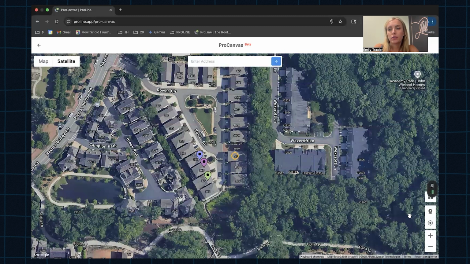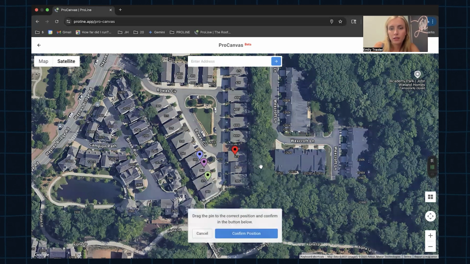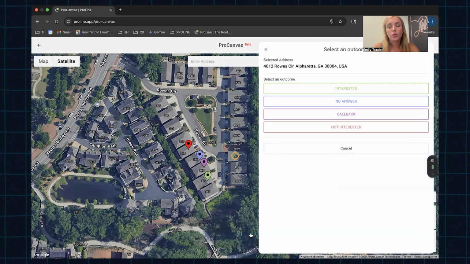If I press on the right-hand side and choose this little pin here, I can drop a pin on a home, confirm position. So I can either confirm that this is the right property, number 415, or I can actually drag this over to number 345 just as easily. Confirm position. Once I've done that, I see this address listed, and I'm going to go ahead and say whether